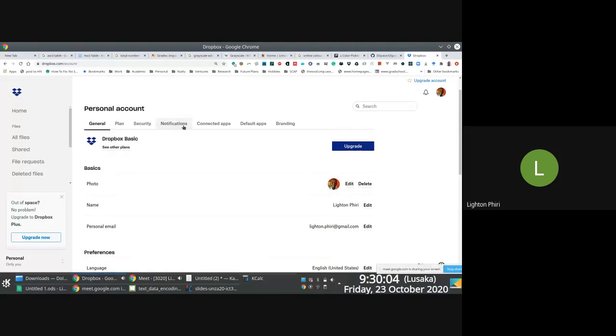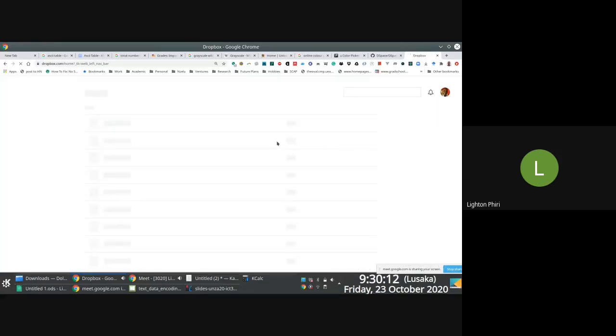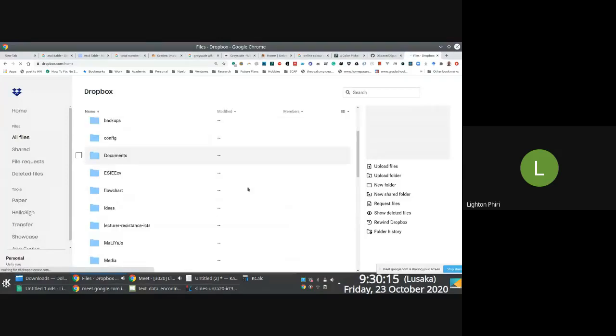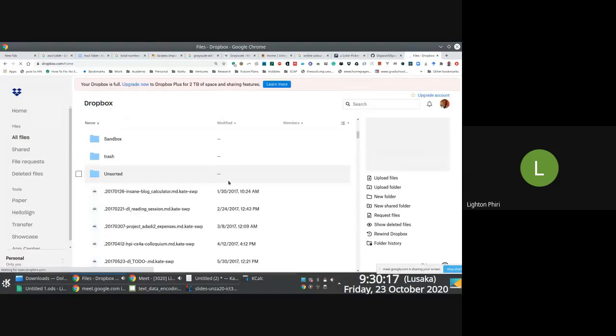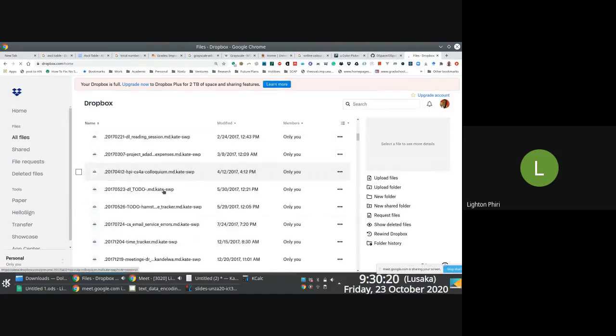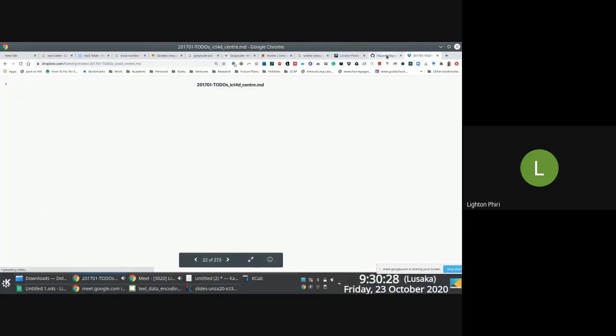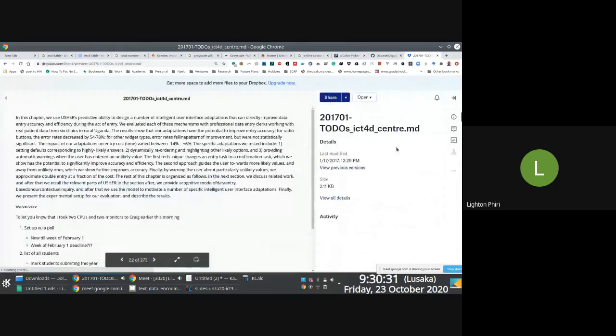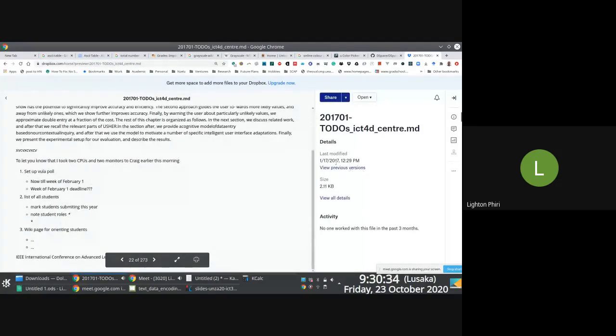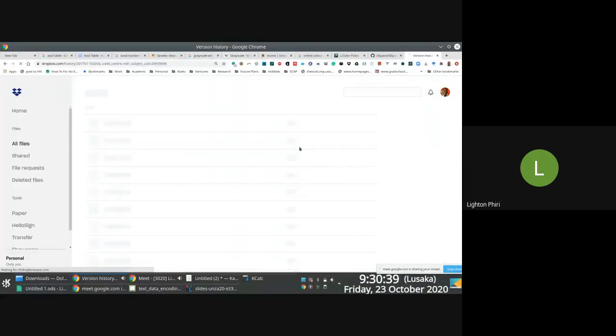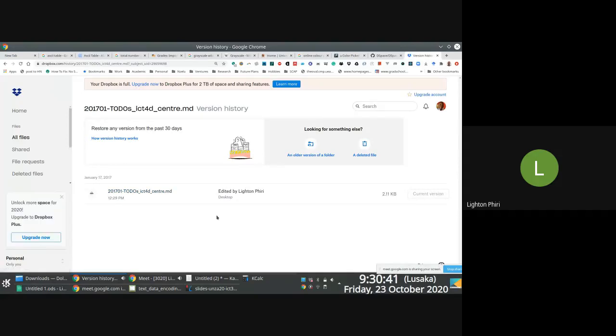Dropbox keeps, and I'm serious about that, right? It keeps a trail. I don't know why this is, but it keeps a trail of versions. So if I was to look at a particular file here, if I can find the file, if I look at this file here, I hope it's activity. There you go. If I look at this file, previous versions. Now this is an old file. It's from 2017. I don't think I'll have 30 days worth of